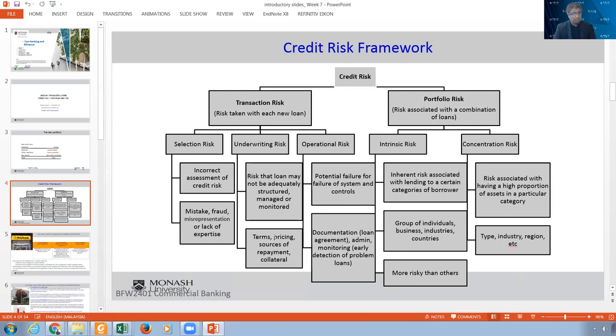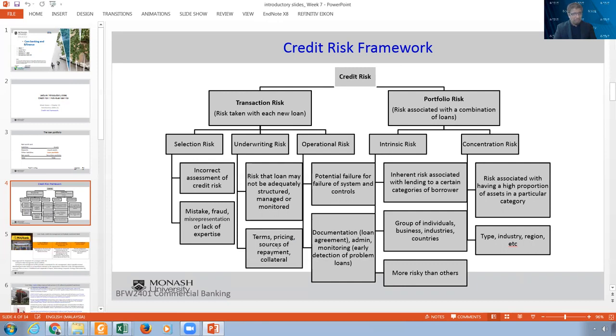The contract actually could be not adequately structured or managed or monitored. When we come to the contract, for example, if the terms and conditions are not correct, that will end up in the courts, or will let the customer default. The pricing, maybe instead of a normal interest rate, you go and charge 20-25% for a business firm whose rate of return is 15%. So you already know that you are charging 25% and this customer cannot pay.